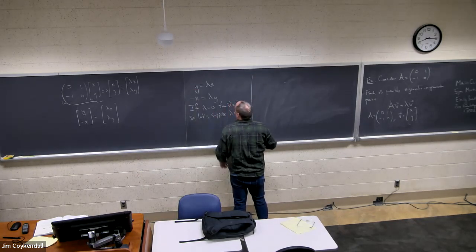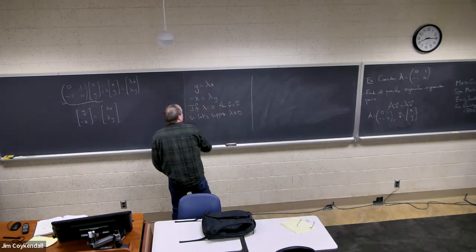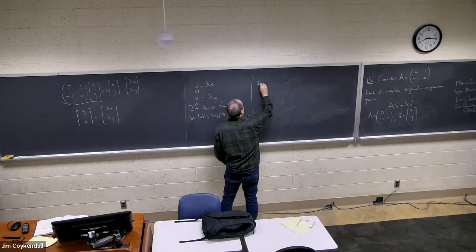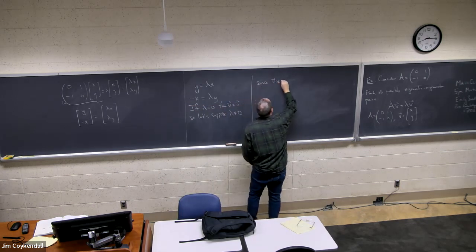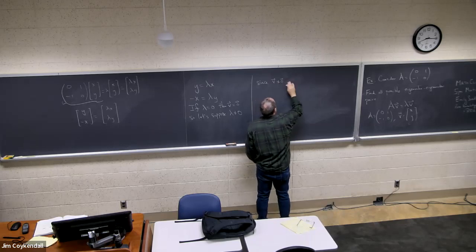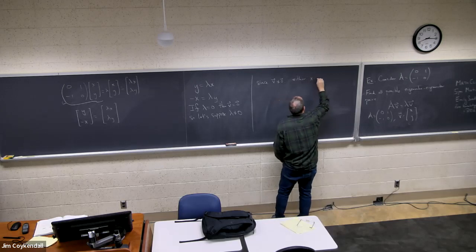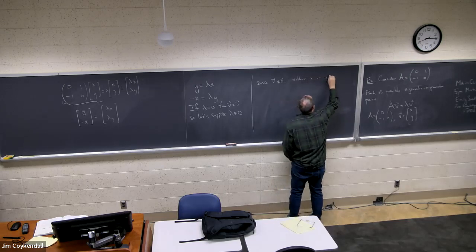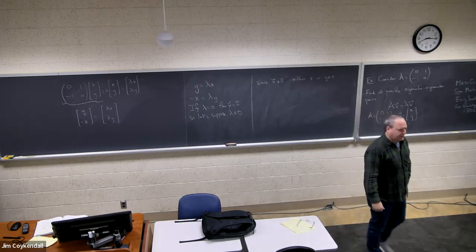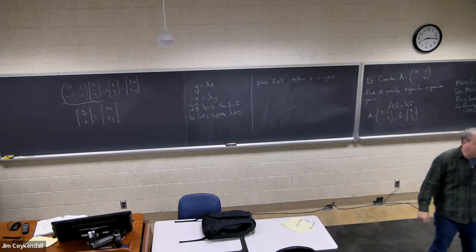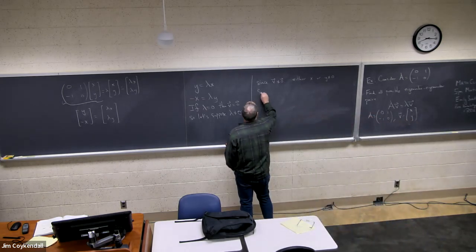So since also v is not 0, one of either x or y has to be not 0, right? Because if they're both 0, that's the 0 vector. So let's suppose first